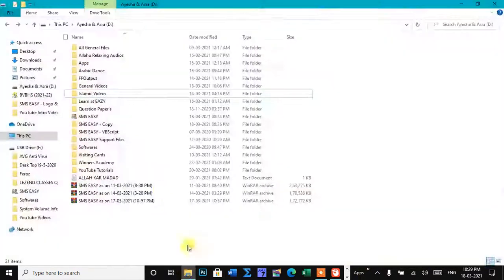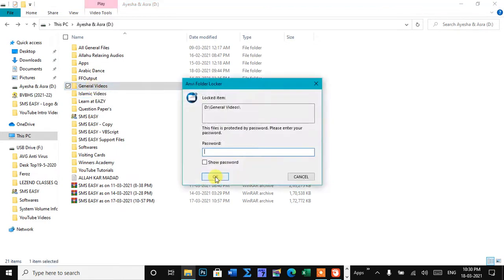Now it is showing, but this folder cannot open. It will ask you a password to open the folder. So double click on it. It will ask you the password. Okay. Unless you give the correct password, the concerned folder will not open.